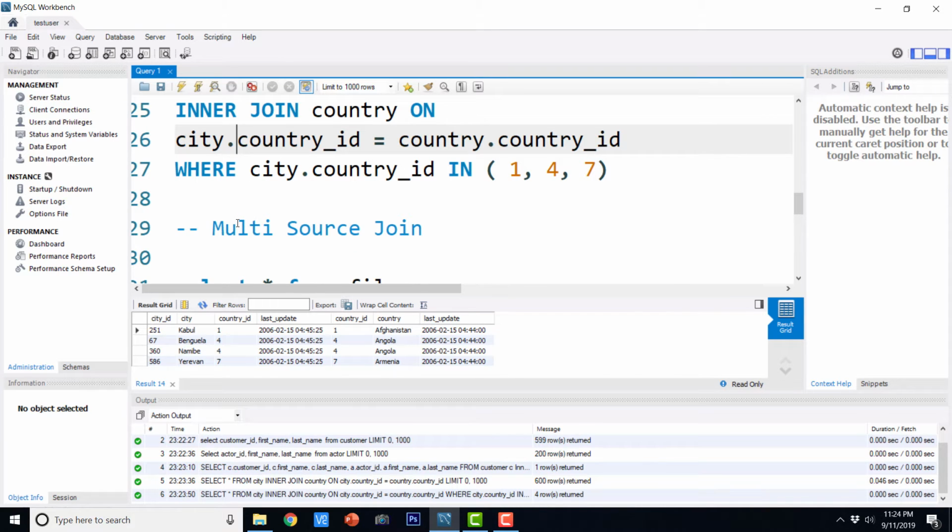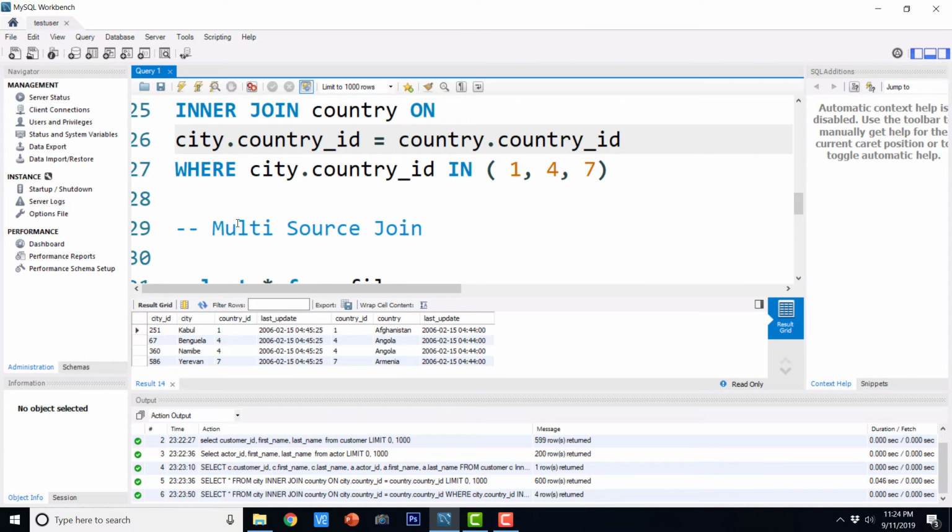Now we can even have multi-source join. Before we get started on multi-source join, I'm going to tell you about the rule of thumb. Suppose there are n number of tables and we are trying to join all these n tables. Then there has to be at least n minus 1 conditions for joining n tables.